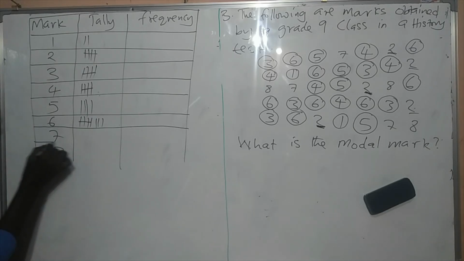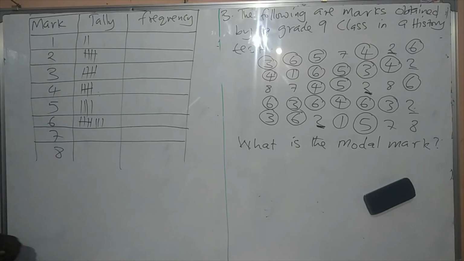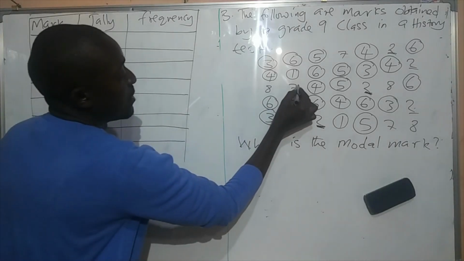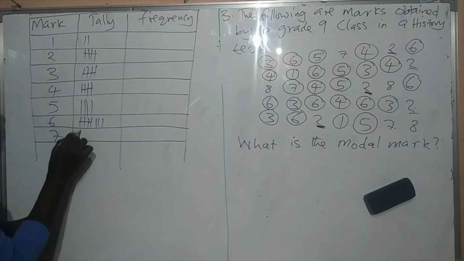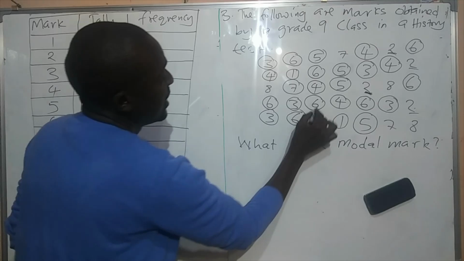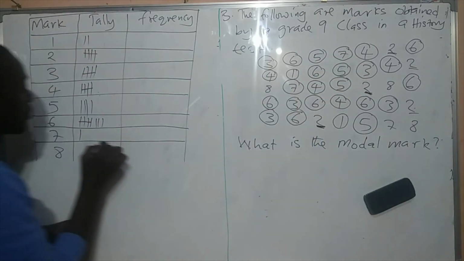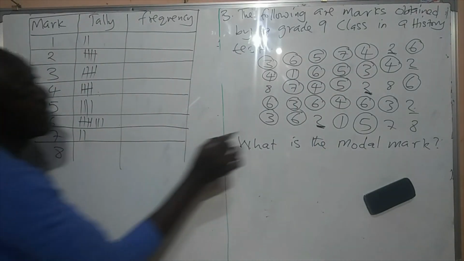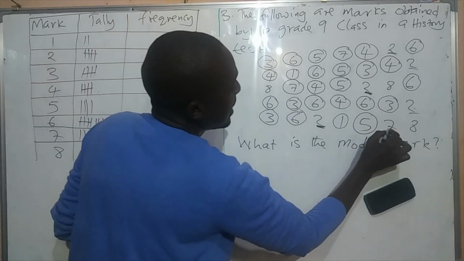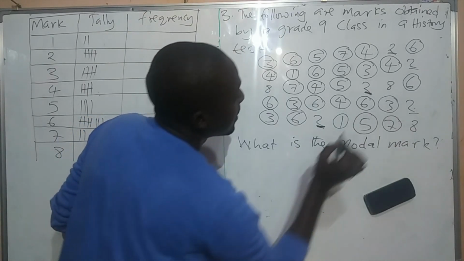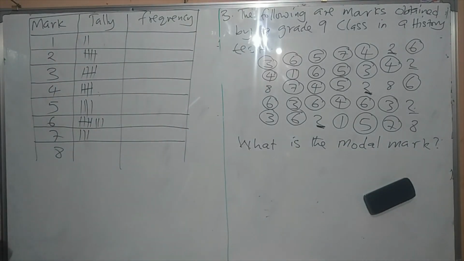Then we can go to 7. We have a 7 here, so we are going to put a 30. And then another 7 there. We'll put a 30 here again. Then in the next column there, there's a 7 here. So we are going to put a 30 there. And that's the only one that we have.